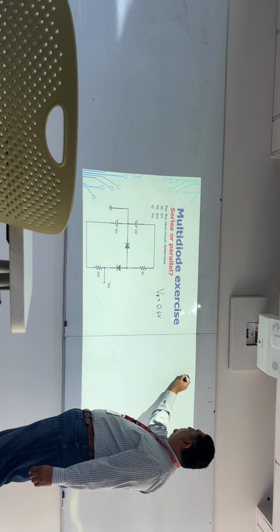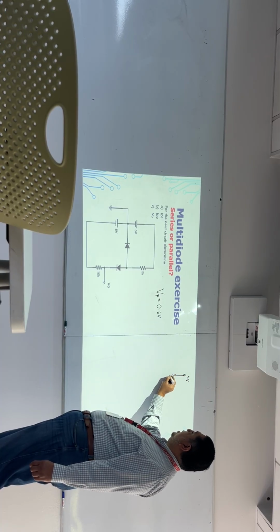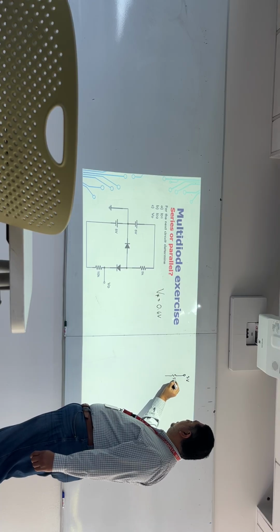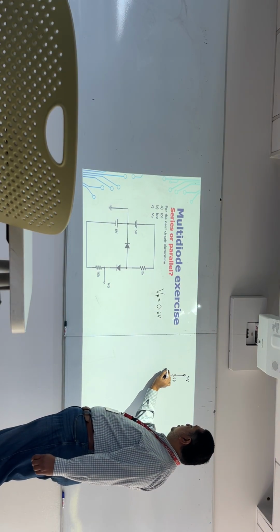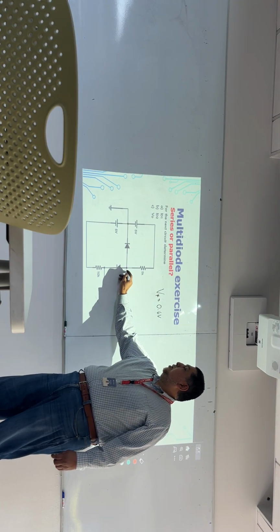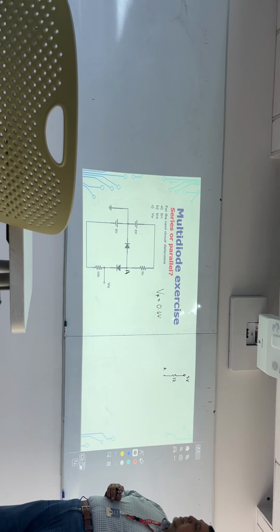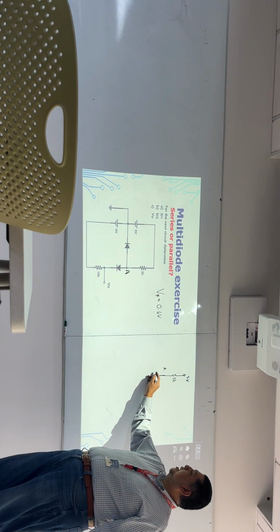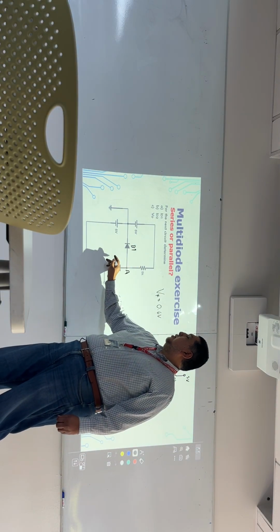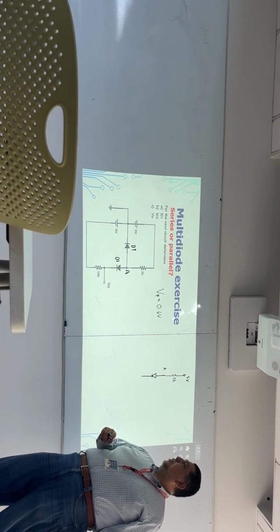So I'm going to place 5 volts on the top, then going down I find this resistor, 5K, and I name this node A, just to keep track of it. Then I have a diode like this. Let's say this is D1 and this one is D2. So the other side of D1 is connected to